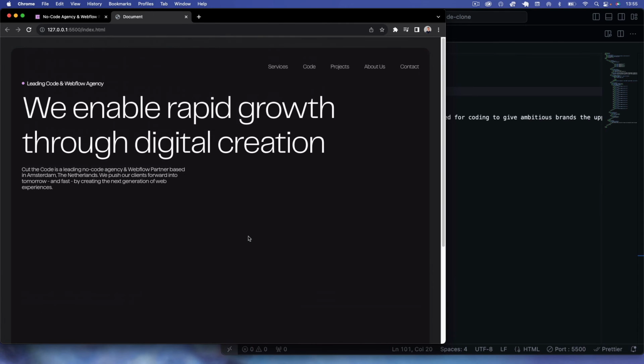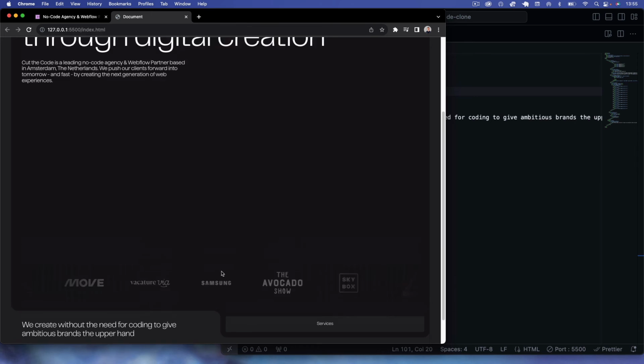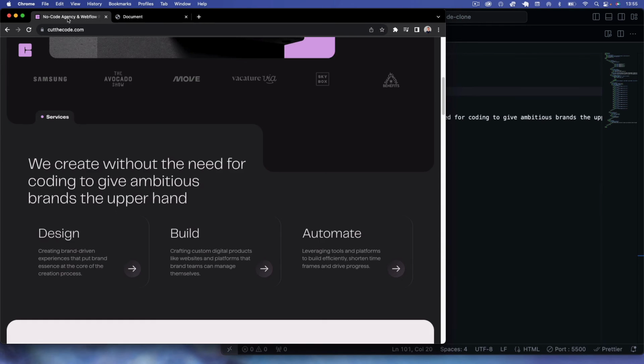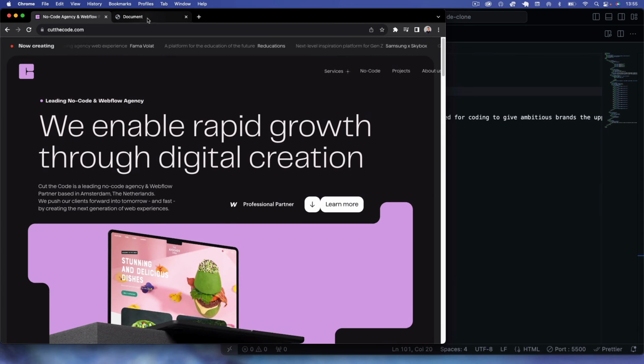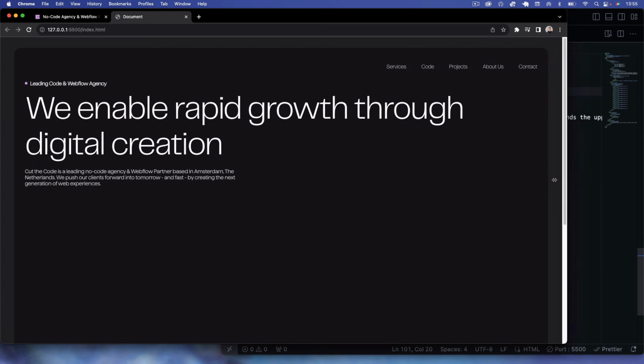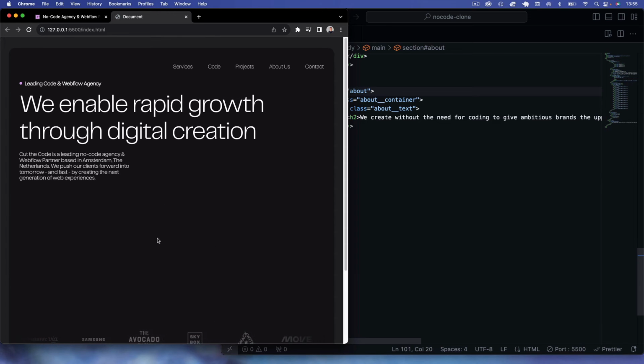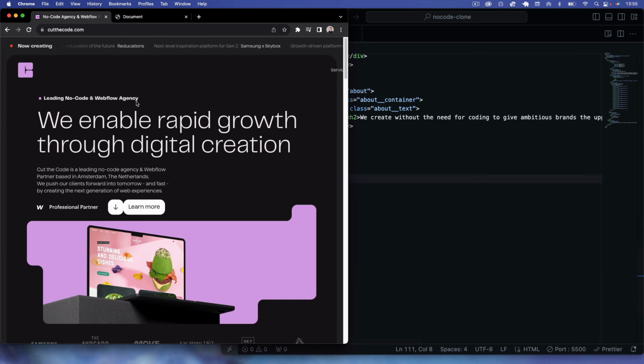So that's pretty much it for our CSS. So now we just need to go back to the HTML and just get this path sorted out. Okay, so you can see, yeah, it's looking fairly similar to this. Obviously it's not pixel perfect, but I just wanted to show you how to achieve that kind of border effect. Now we just need to go to that image and just get this nice curvy image border